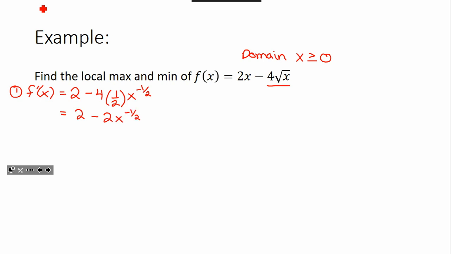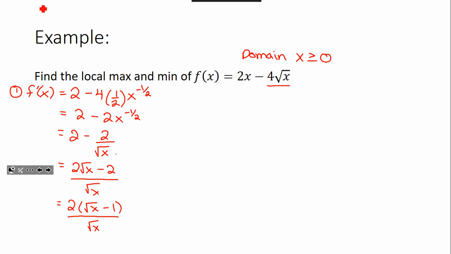Now to find my critical values of a radical, what I like to do is I like to write it first as a radical. And now my domain of this one is x cannot equal 0. But I'm going to make that common denominator by multiplying this by root x. I still have my -2 and it's all over root x. So that's what I'm going to see. I can factor out a 2 here on the top and write it as root x minus 1 over root x, but nothing cancels. So we always want to pull it together because now we can see we have critical values at x is equal to 0